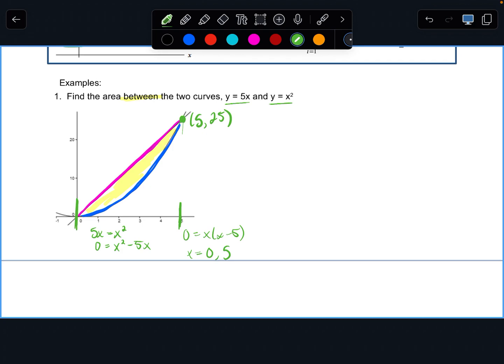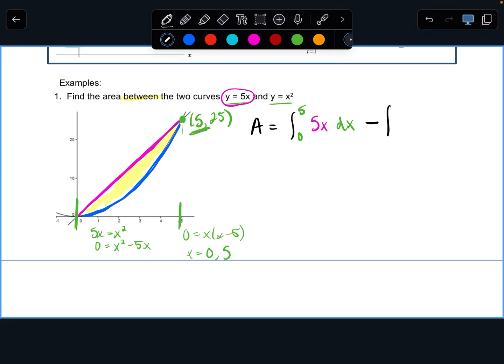Okay, so I'm going to integrate. The pink is always above the blue when I read it left to right. Because I'm reading it left to right, this is going to be an X world question. So to find the area, I'm going to find the area under the pink curve, and then find the area under the blue curve, and then I subtract them. So I'm going to go 0 to 5, because those are my x's, right? So 0 to 5 of the pink guy, and what's the pink guy? The line, okay? So 5x, and I'm integrating with respect to x, so it's going to be dx